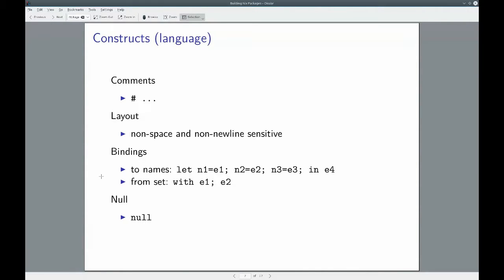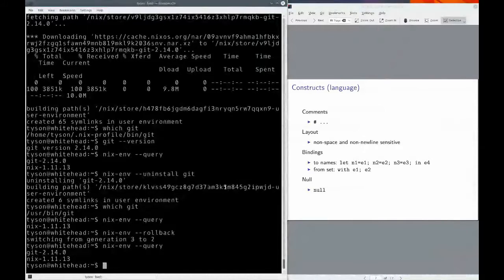Comments, you can see it's really focused on making bash scripts, so they've used the same comment syntax as bash scripts. Layout, it's non-space and non-new-line sensitive. So you can insert new lines wherever you want and spaces wherever you want. I mean, not in the middle of identifiers. But let's run. So there's another one here. I'm going to install